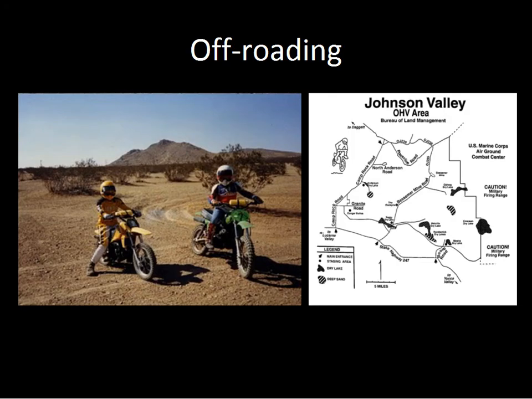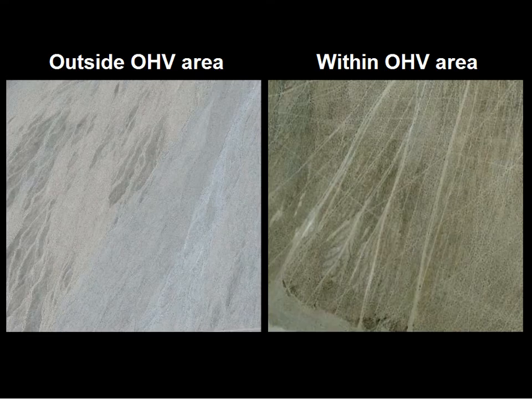One of the main recreational uses of the land is off-road driving. This is one of the off-road vehicle areas in Southern California, Johnson Valley. It's about 800 square kilometers and gets about 200,000 visitors per year. And these are images of the land surface. This is an alluvial fan surface immediately outside of the off-road vehicle area and then within the off-road vehicle area. So you can see all these linear features, or the tire tracks. So you can see that off-roading can have a really dramatic impact